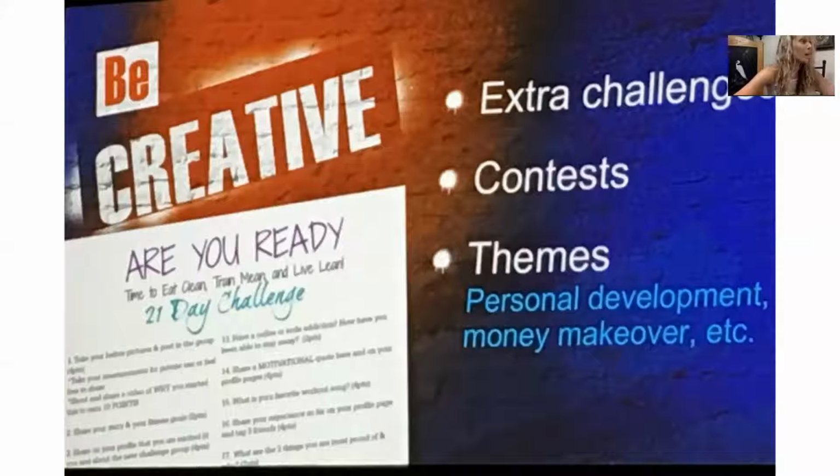A great one too, guys, is a money makeover. Give your group tips on where they could save money, where they're wasting it, and opportunities to make money. Hey, go downstairs and get yourself a box, and whatever you don't use, in your basement, your attic, your garage, throw it in there and have a yard sale this weekend. Let's see how much money we can make at our yard sale this weekend. Raid your closet. If you haven't worn it in the past 5 months, sell it on Poshmark. Different money maker ideas, guys. That's very different and it's fun.